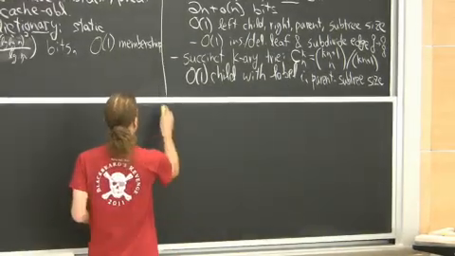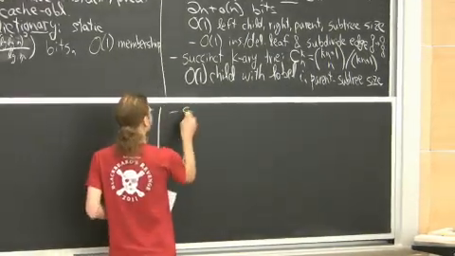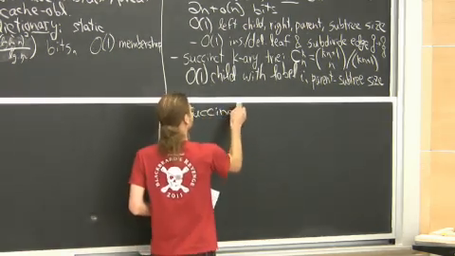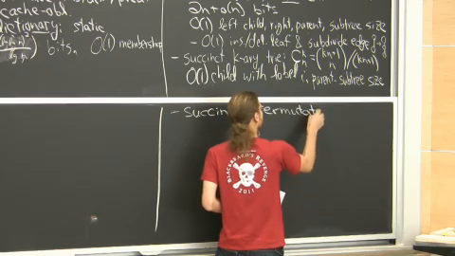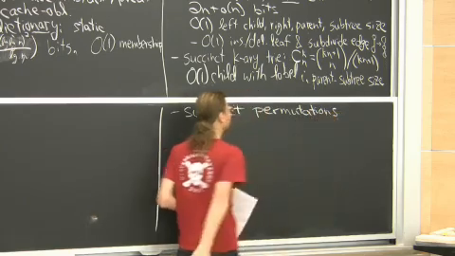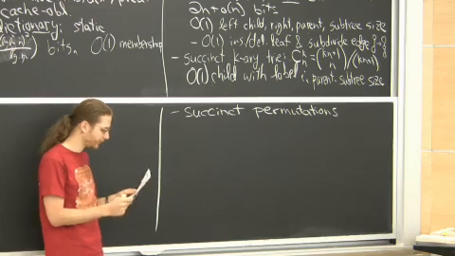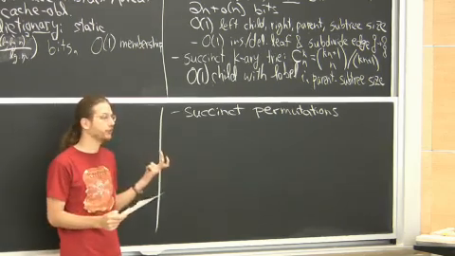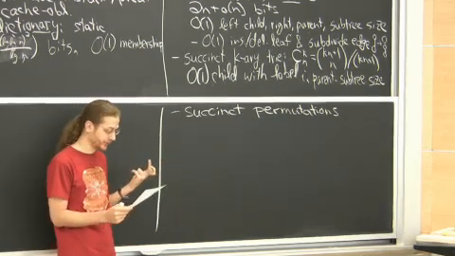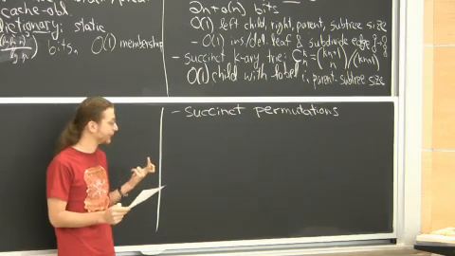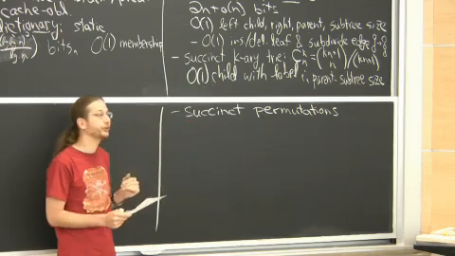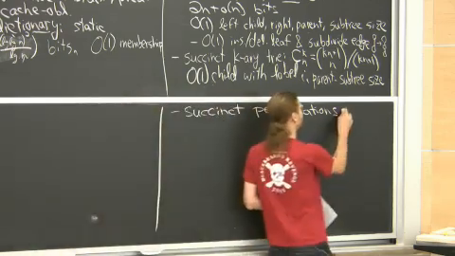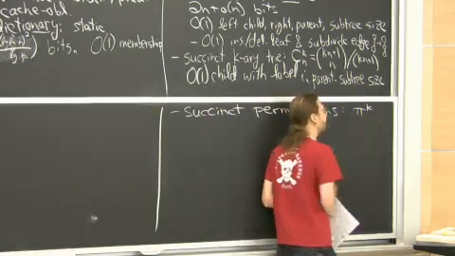A couple more. Why don't I just mention what they are? It's getting a little tedious. There are a lot of other things you might want to store. You can store succinct permutations, although there are some open problems here. You want to store a permutation using log n factorial bits plus little o of n, if you want to achieve succinct. The interesting query is you want to be able to do the kth power of your permutation,